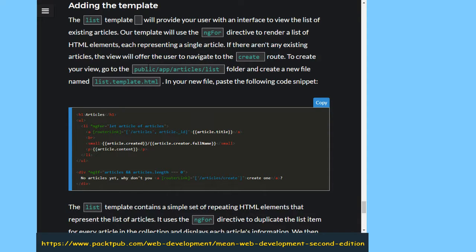Small article created, article creator full name, article content, paragraph, end list item, end of unordered list. Okay, the unordered list has a directive of Angular for directives. And then another div, after the Angular for, we've got an Angular if